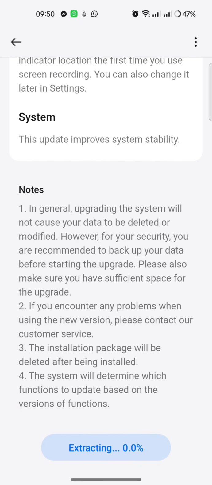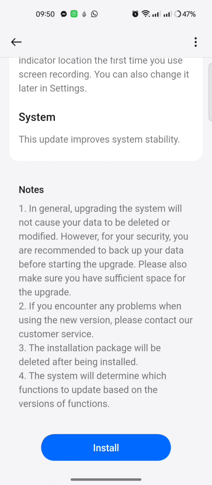Download is completed. Extracting the downloads. Verifying the downloads. Now install. The system will restart.